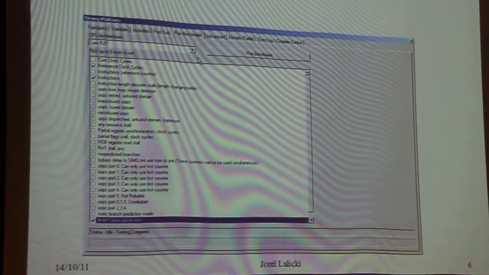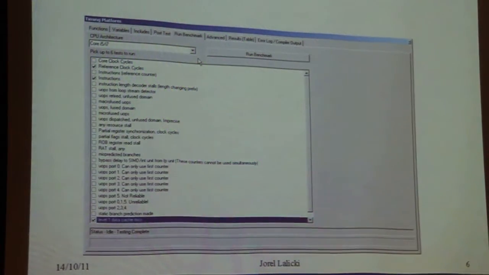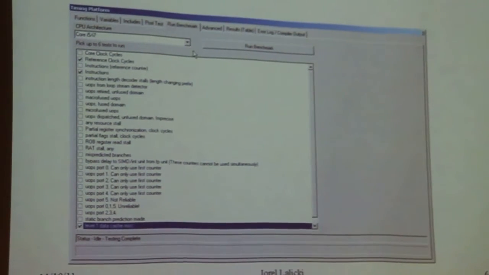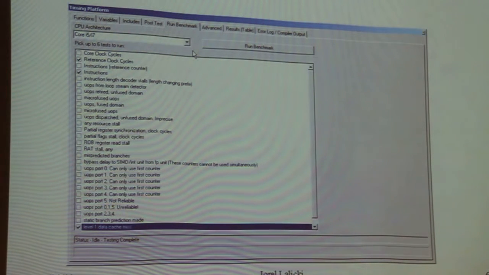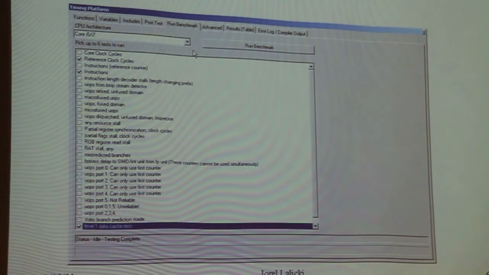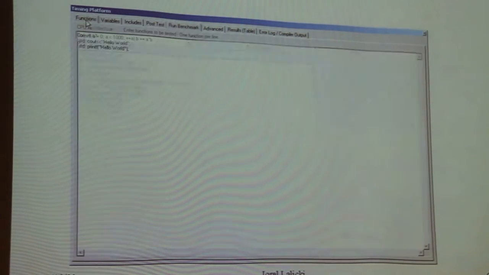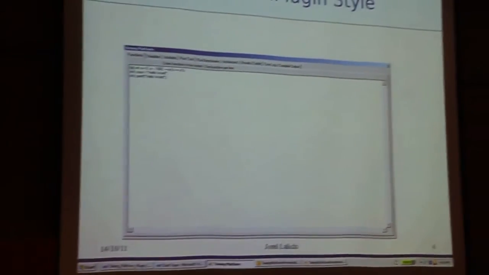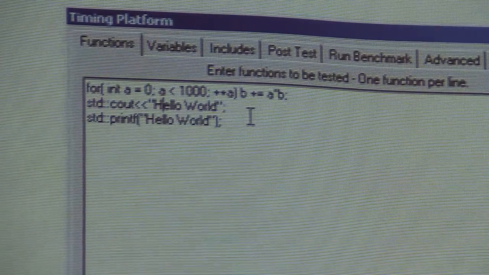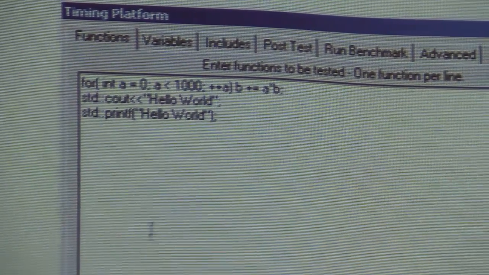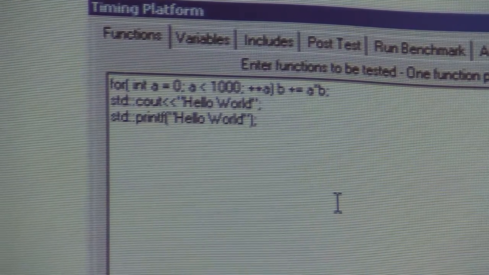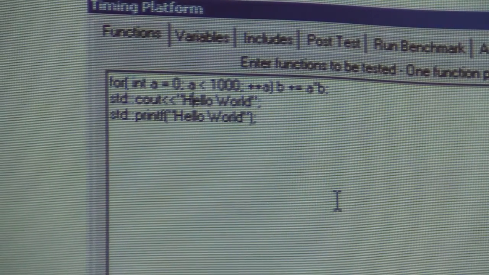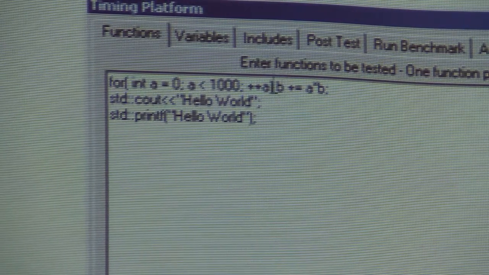And then the run benchmark step is greatly simplified, and all of those paths that you previously had to manually specify are now automatically detected. A lot of the settings are also automatically detected when the plugin starts, such as the time delay needed for the compiler to run. So right here, I have 3 different snippets of code loaded. There's a for loop: for int a equals 0, a is less than 1,000, and then increment a, and then int b plus equals a times b. So it's going to run through this code 1,000 times.